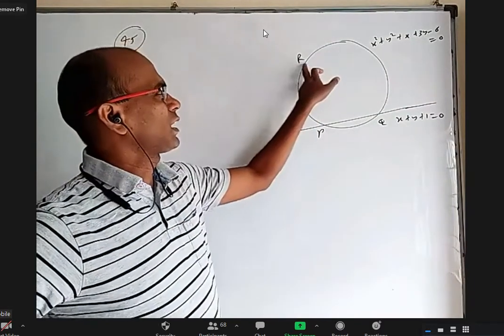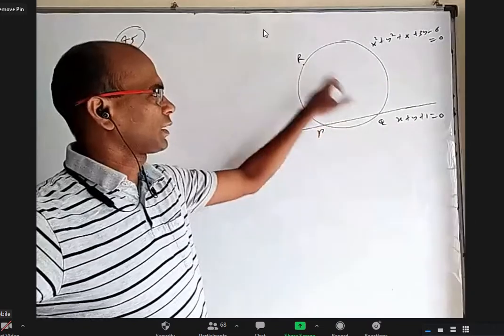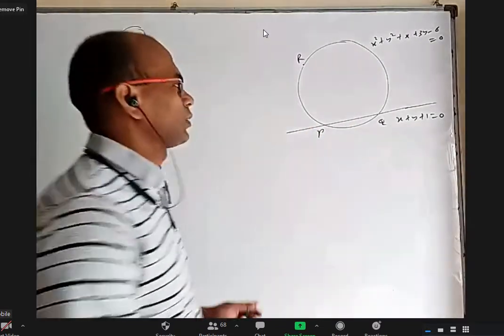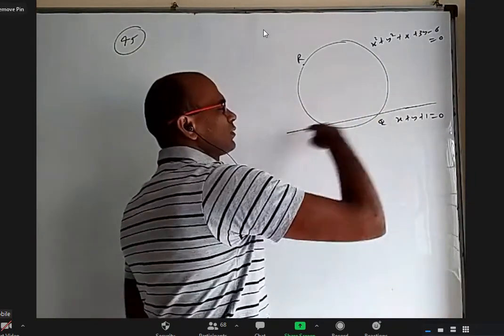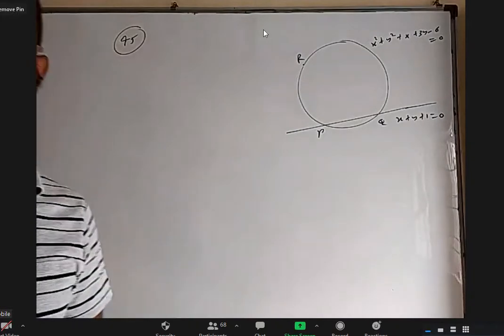Apart from that, I also said, as R is changing, R is here, R is here, R is here, you join the PQR triangle, you get one orthocenter. All those orthocenters, the locus will be the mirror image of this circle with respect to this line. You'll get another circle. Anybody want to give an idea why it should be like that?